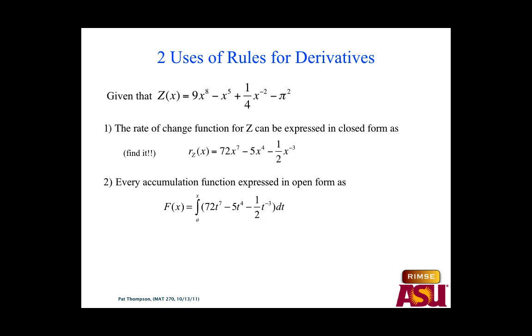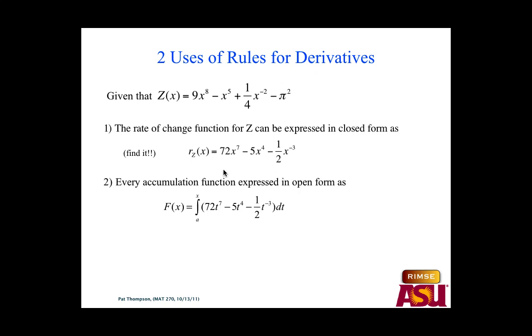what we can use rates for, or how we can express accumulation if we know a rate. If you remember what we did prior to your last test, we talked about up through approximate accumulation. But right afterward, we started talking about how do I express, even if I don't know how to write it in closed form, how do I express accumulation using an integral? Well, if I have a rate of change given by 72x to the 7th minus 5x to the 4th minus 1/2